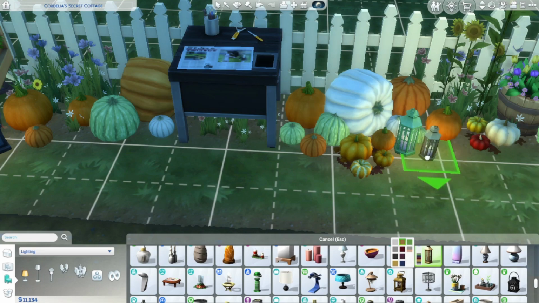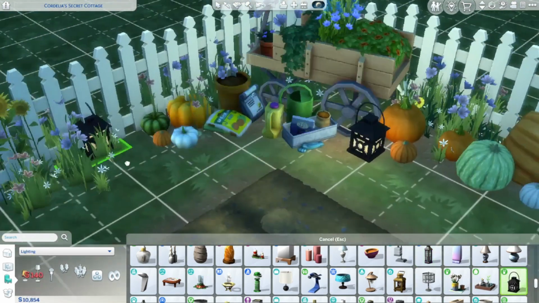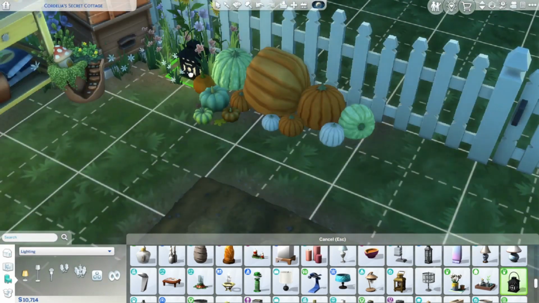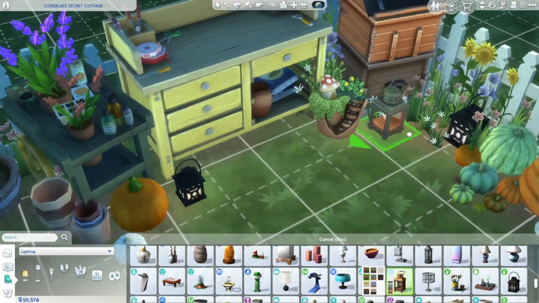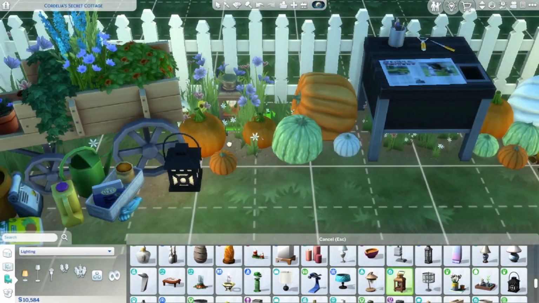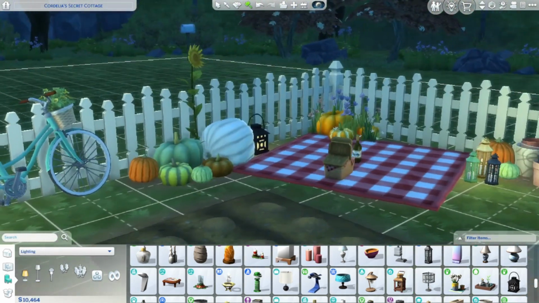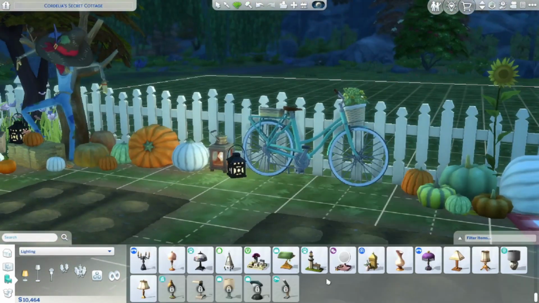I did shrink down the little octagonal ones. Now I will tell you, if you stare too closely at those, the flame will be kind of high and weird because you're not supposed to size down candles because the flame doesn't size down. But I think it's kind of okay. You're not going to probably be looking that closely, and it's probably fine. So I did a variety of candles and lanterns and things, just trying to get it kind of warm because